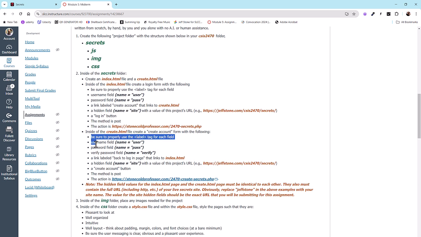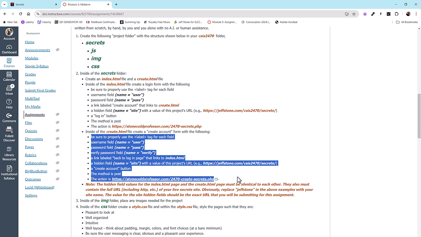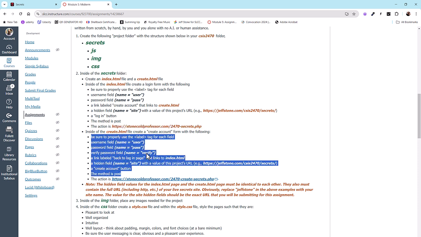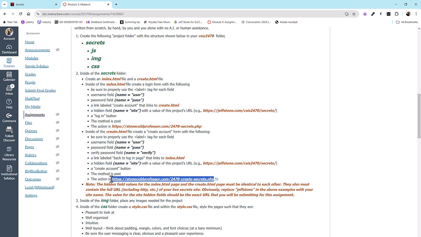Then this is the create form. This is the page where you will create a username and password. So a brand new user could come to this page and create a username and a password. And again, here is the file that does that for you. That's my PHP script that I wrote, and it is different from the one right here. Notice that there are two different files. So the create page, when you click the submit button, it'll go to there.